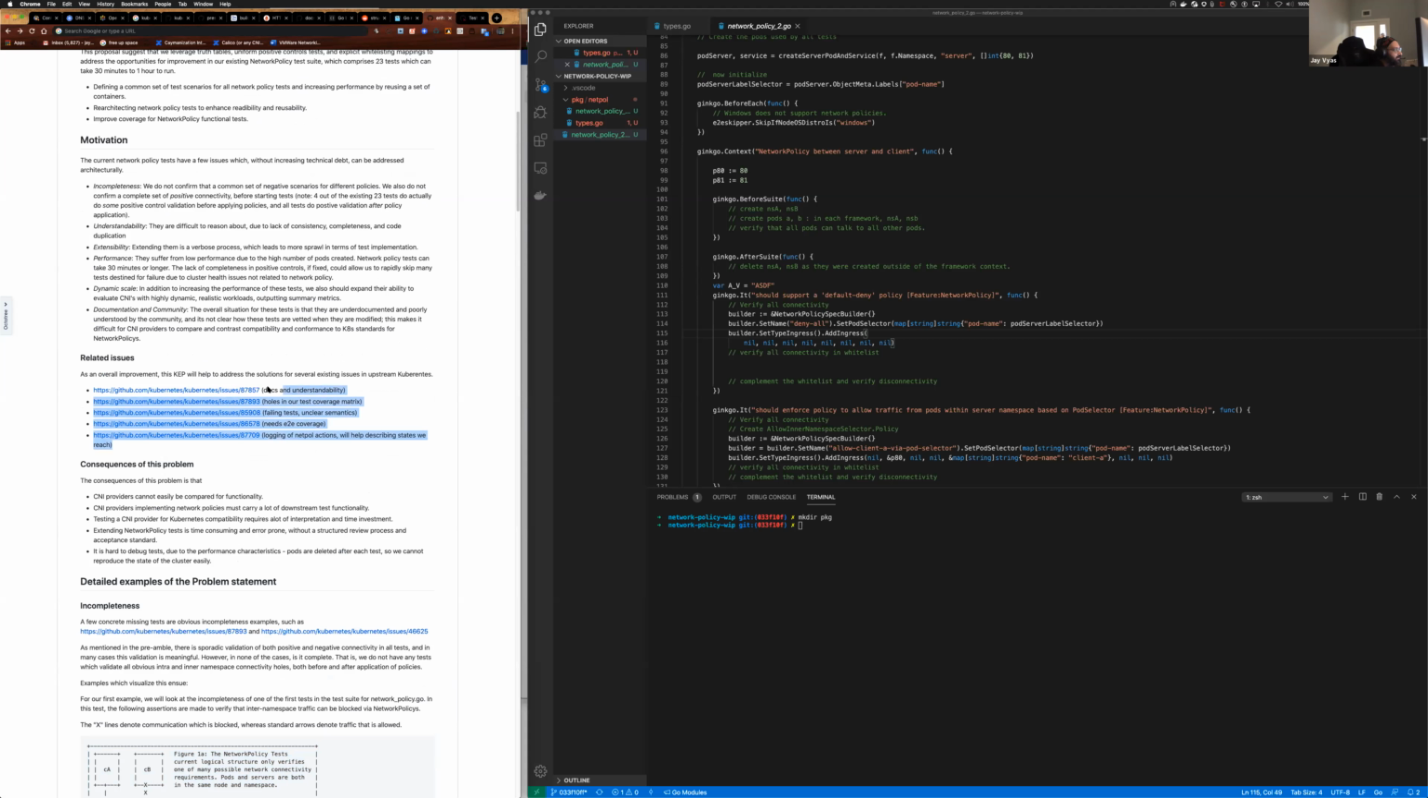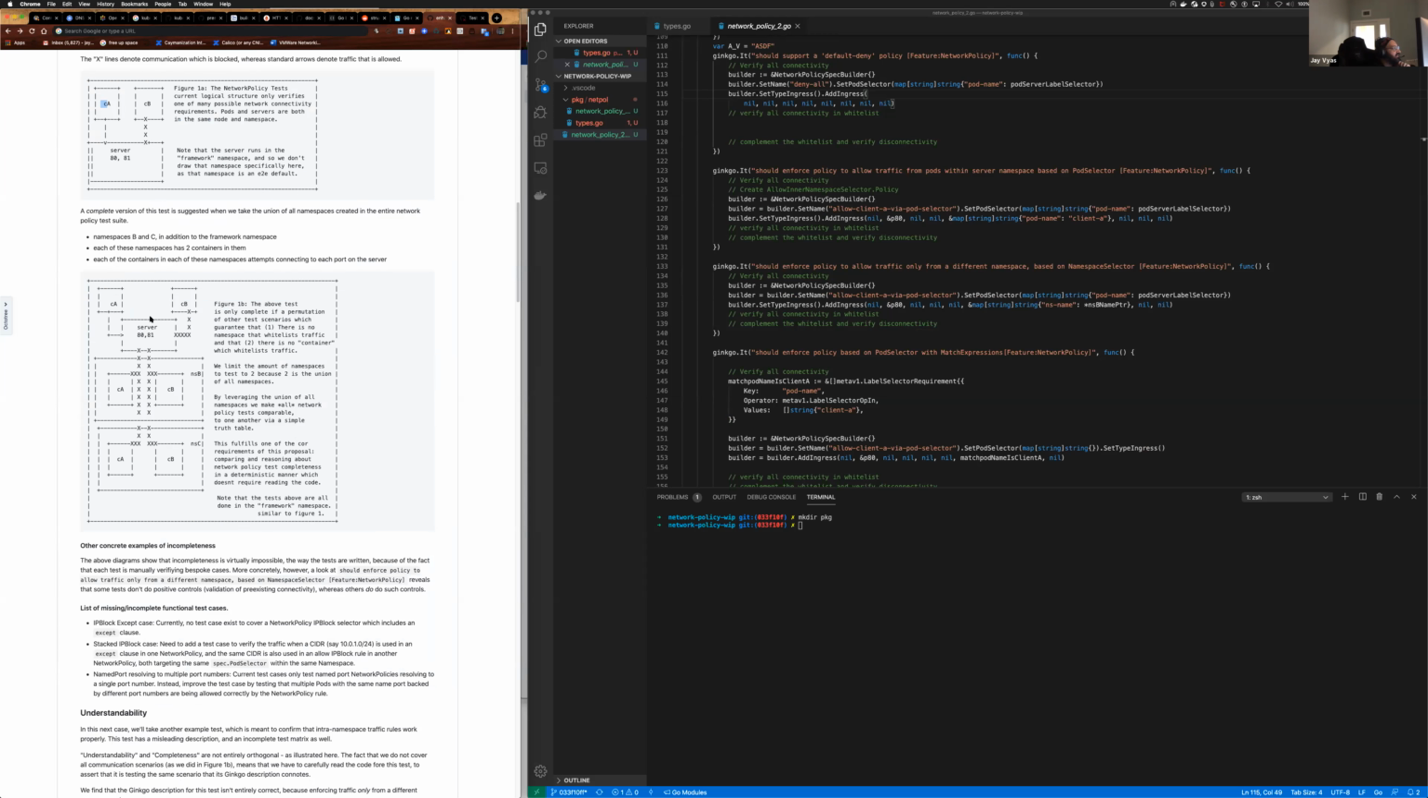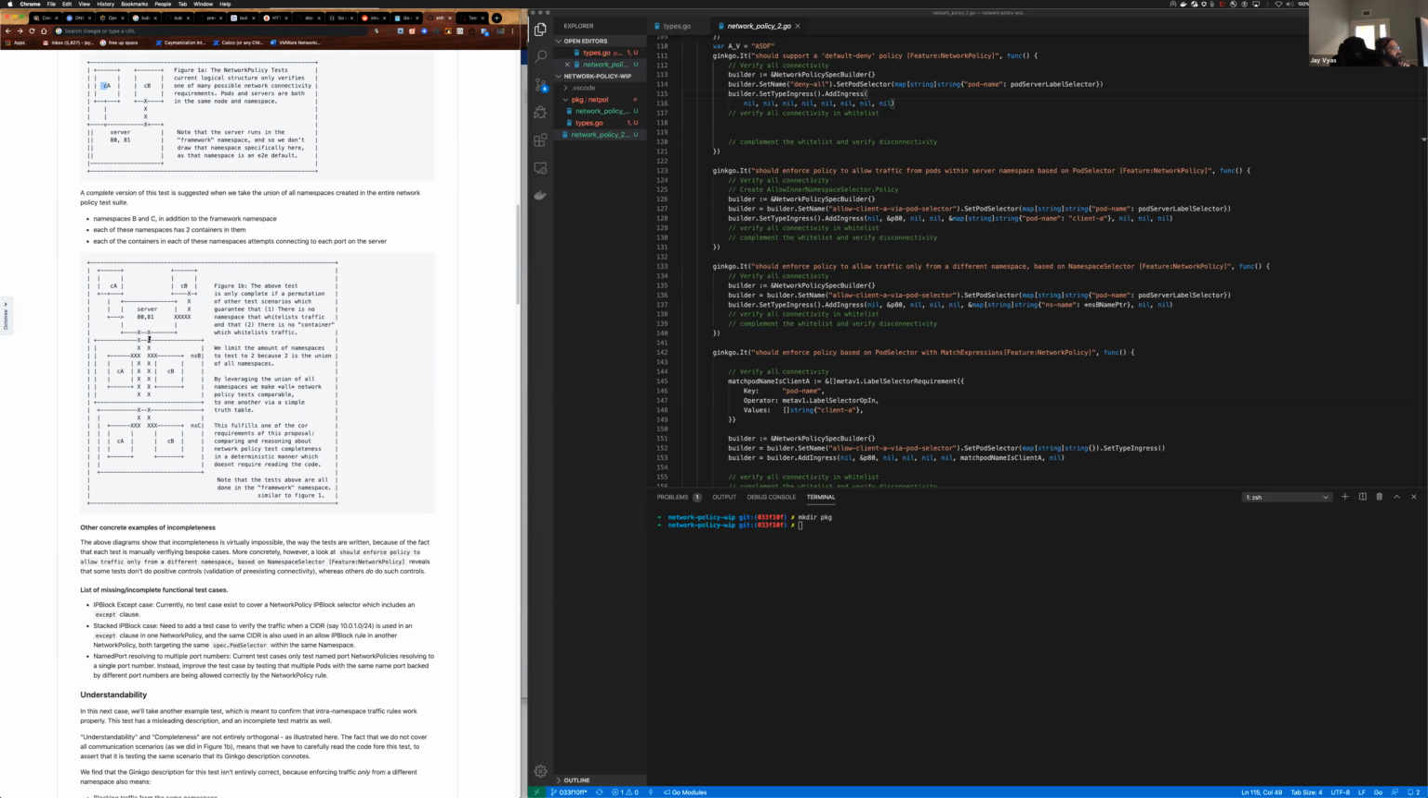So the first thing I did was look at the existing tests and audit them all for completeness. For example, one of the first network policy tests checks that one container can connect to a server in a different namespace and that another container can't connect to that server. But the entire connectivity matrix that you'd want to test looks more like this, right? You'd want to test both the ports, and other things in other namespaces, and there are other tests where